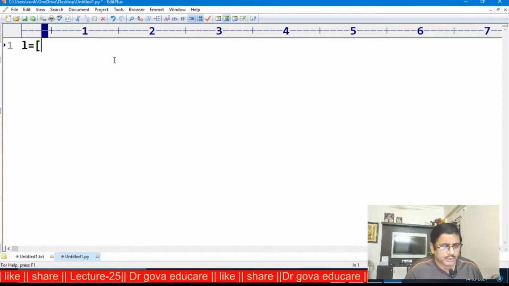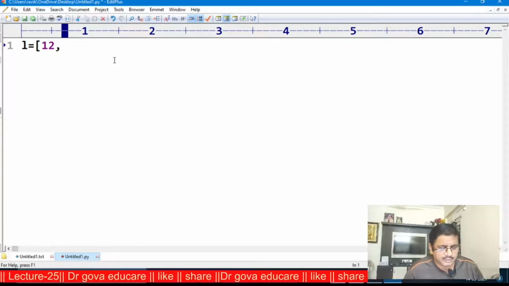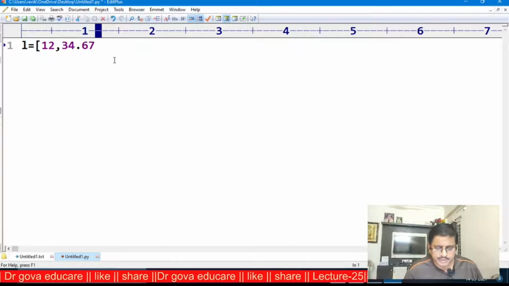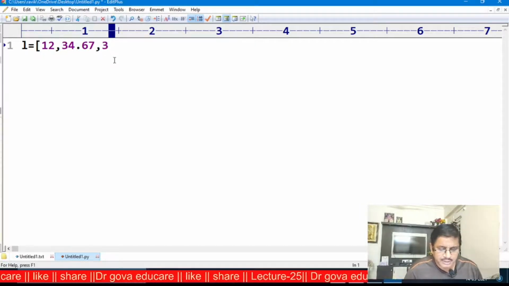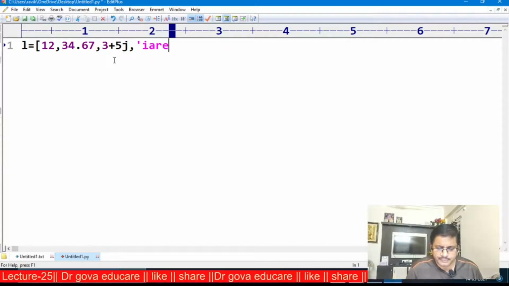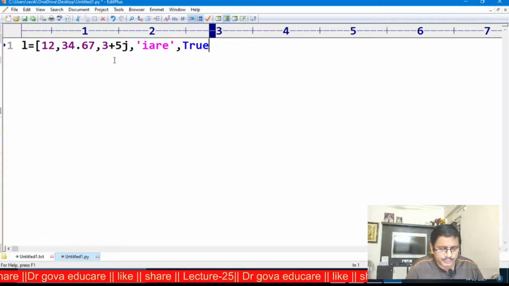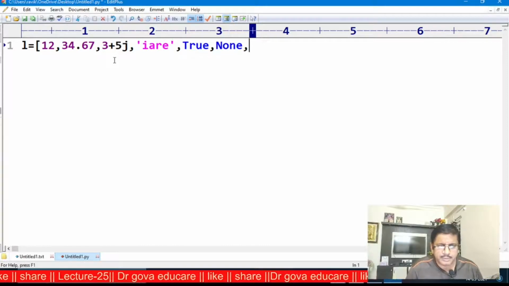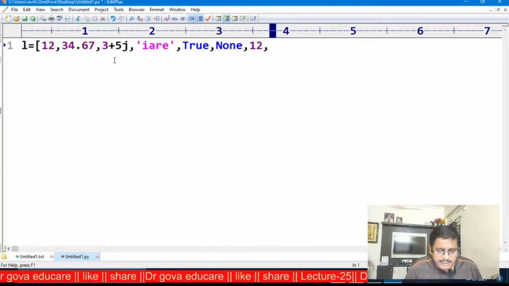L is equal to some integer value 12, some floating point value 34.67, some complex number 3 plus 5j, some string 'IRE', some boolean type True, None type, and it allows some duplicate elements also, 12, and again 'IRE'.